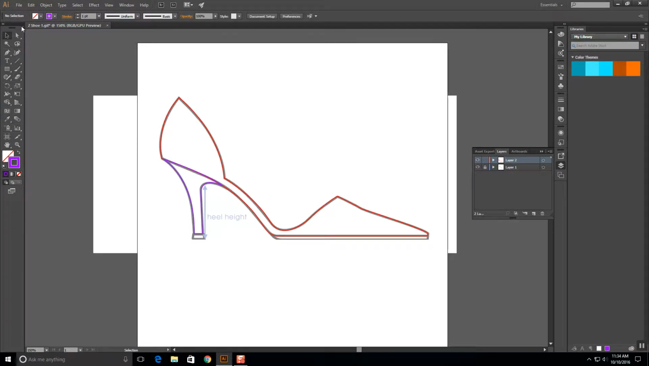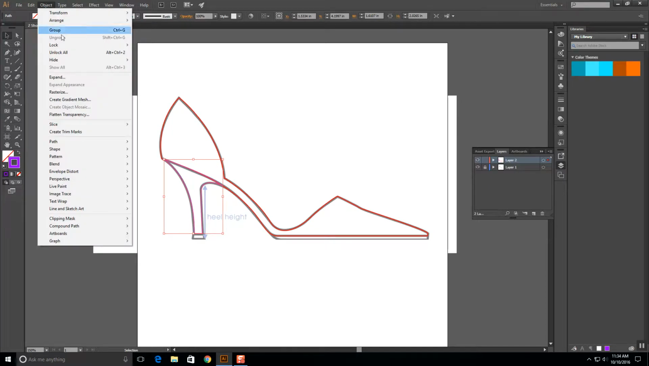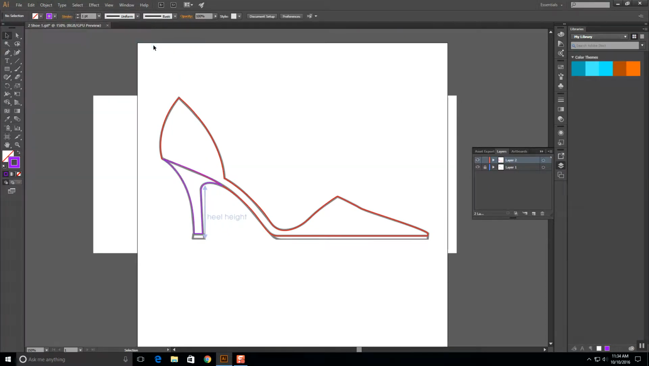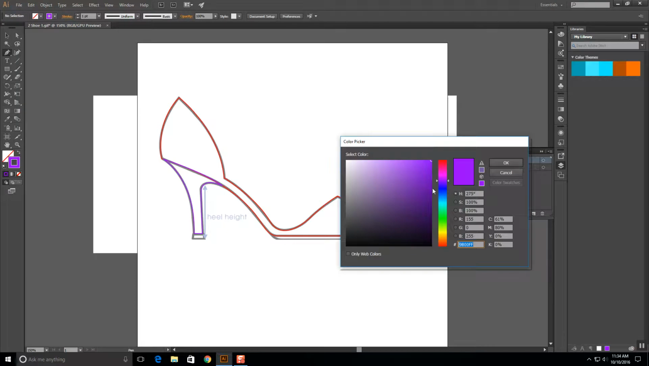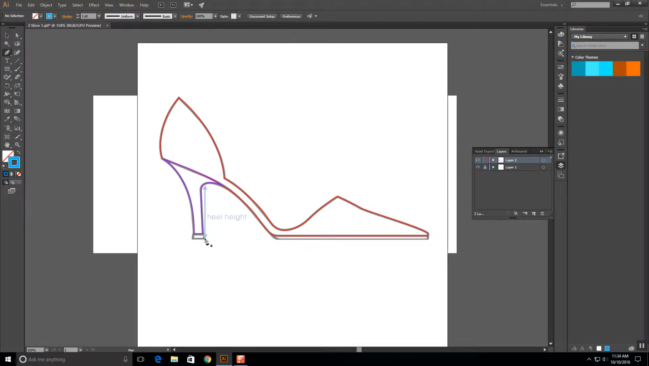So now we're going to click on that one again. I'm going to lock that down so I can't accidentally mess with it. So Object, Lock, Selection. All right, so now you see both of those are locked. So I'm going to get my pen tool one more time. I'm going to click on my stroke color. This time I'm going to go with a kind of aqua blue,